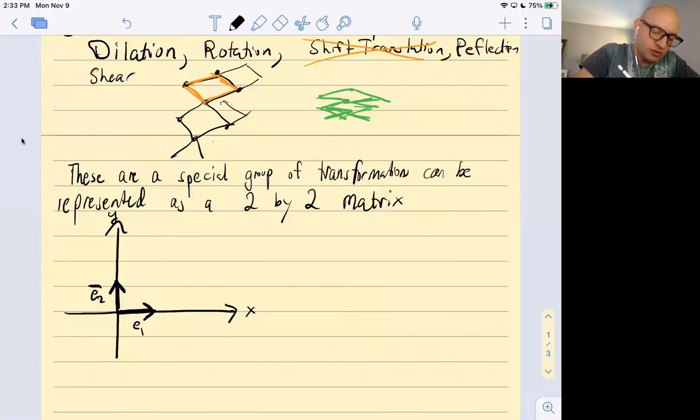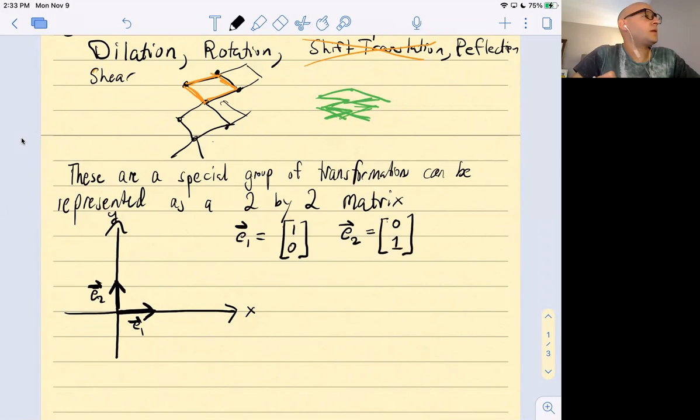And sometimes, to make sure that you know it's a vector, you can put a little arrow on the top. So E1 is really simple. It's just the vector 1, 0. And E2 is the vector 0, 1. You could do something in higher dimensions, but for now we're just going to stick to two